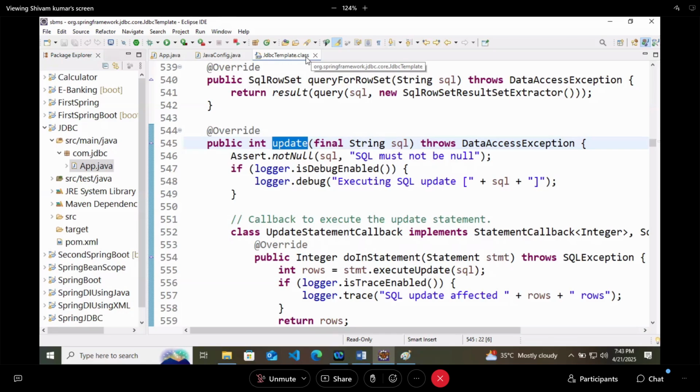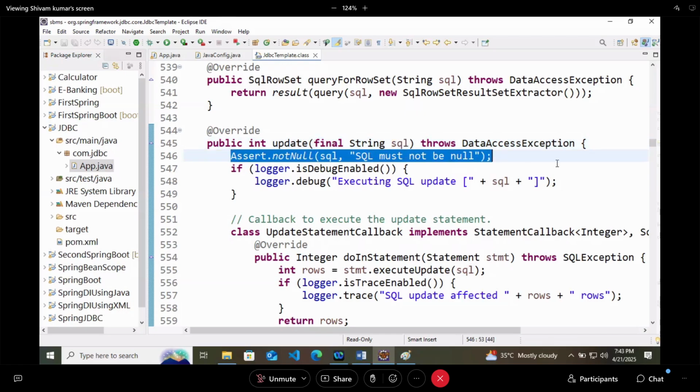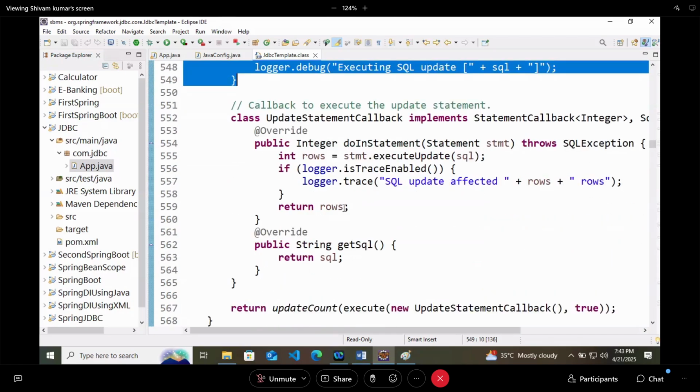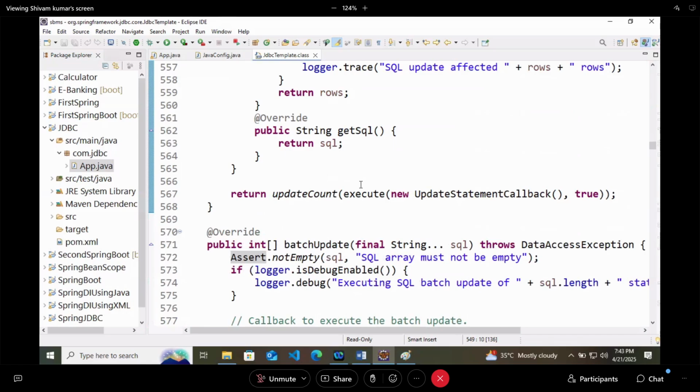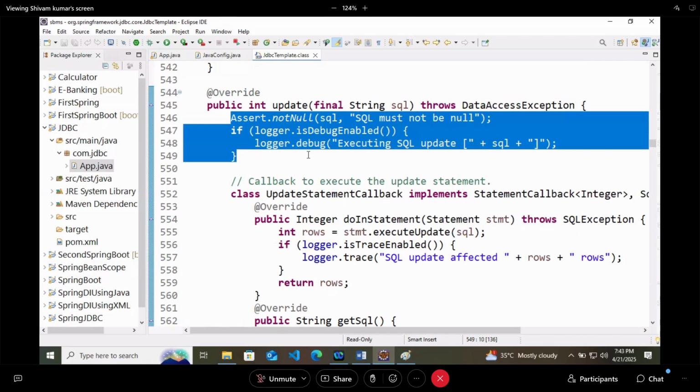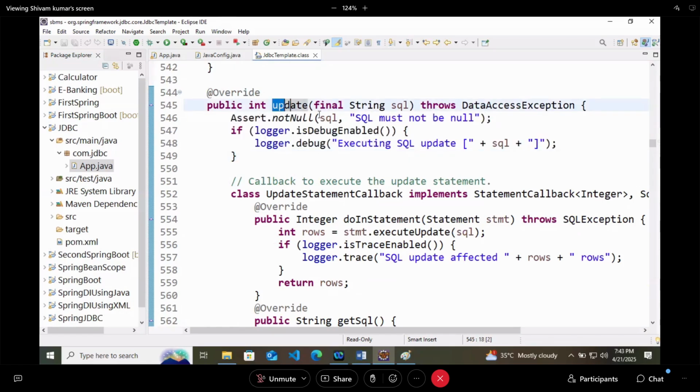It takes one string SQL query, and after that it will log that query, meaning it will implement that particular part. So you don't have to use a prepared statement or anything. You can simply use the update method given by the JDBC template class to perform CRUD operations.